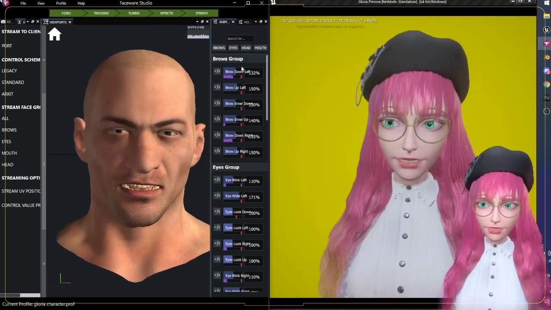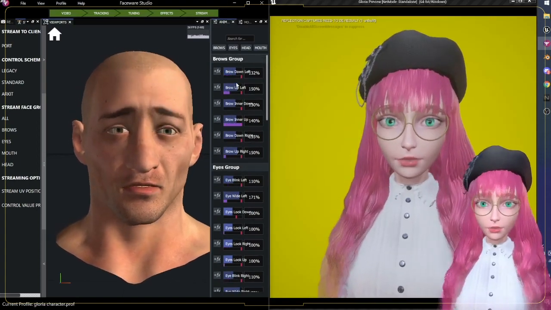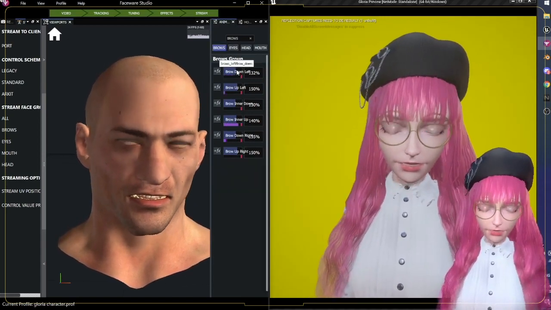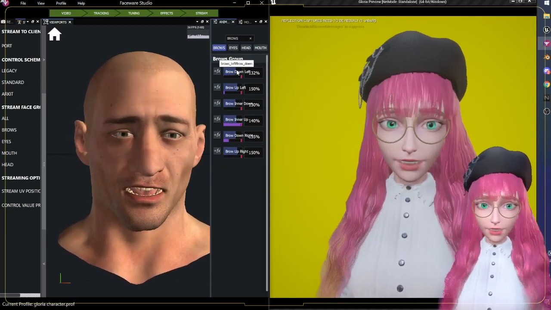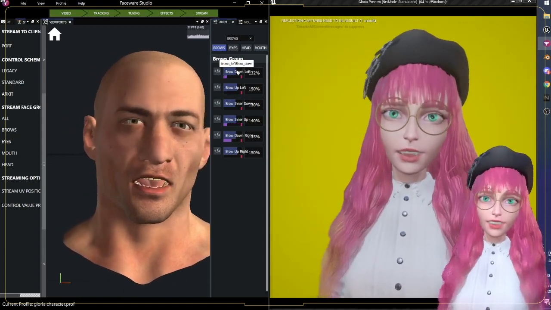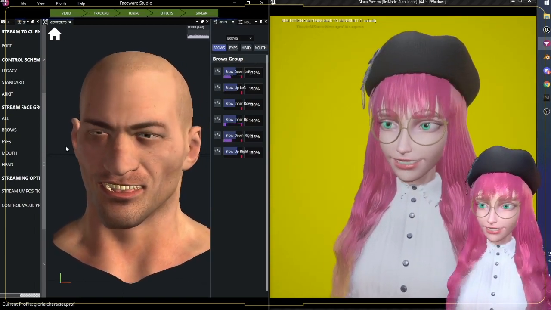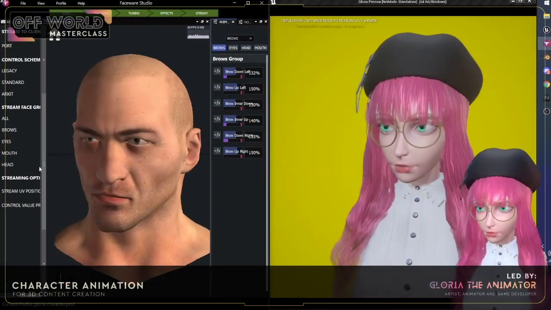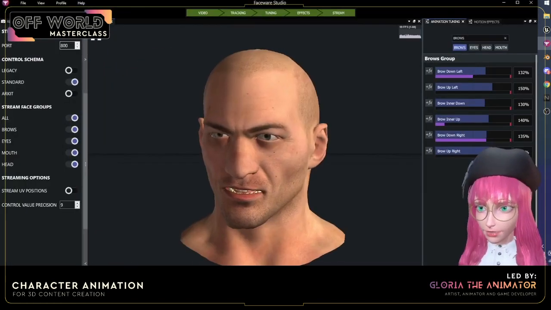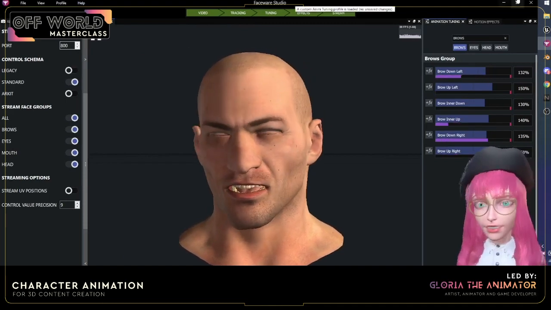These things basically allow me to multiply the movement. So for example, if my eyebrows are not moving enough, I can just go in here and slide this value up, and it's going to multiply it in the Faceware engine, which is really good because that means I don't have to set it up in Unreal, which is a bit more annoying. And the way we stream it is just, select your camera, stream to client, and it